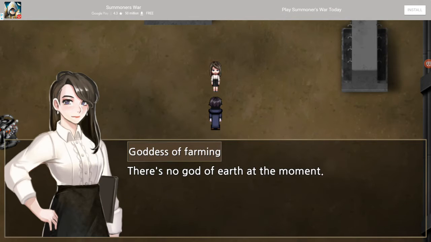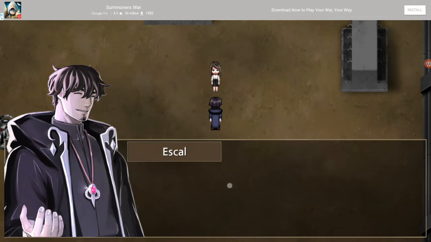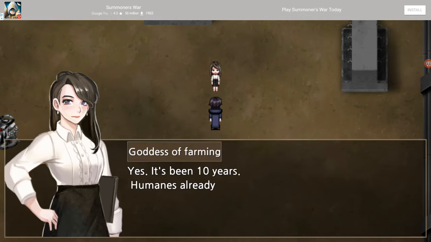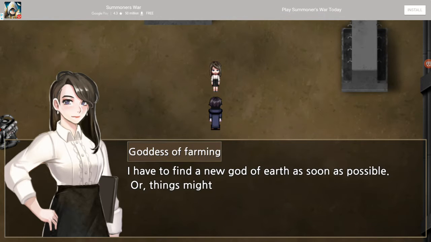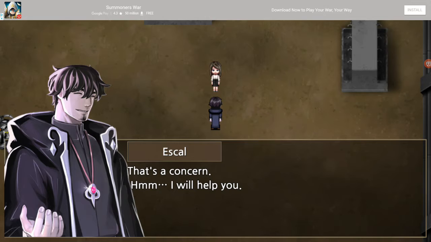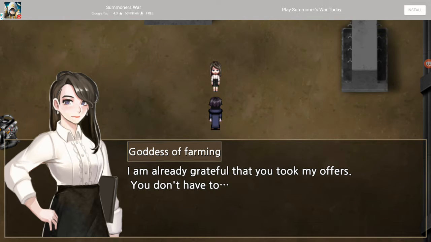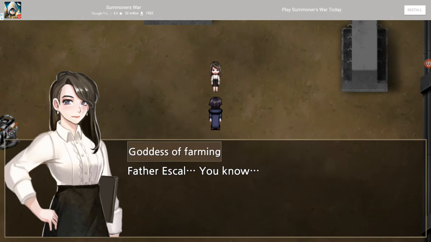Huh? What about the god of earth? There's no god of earth at the moment. What do you mean by that? What happened? He was insolent and irresponsible. He got fired, and thanks to him, other gods have to work overtime, but it's not enough. That's why we needed your help. Is that why more evil spirits have appeared lately? In the center of your district, I mean? Yes, it's been 10 years. Humans already got affected by evil energies, and the situation is out of control. I have to find a new god of earth as soon as possible, or things might get worse. That's a concern. I will help you. You, Father Escal? Yes. I am already grateful that you took my offer. You don't have to... No, it's okay. We have to help each other. Thank you. My pleasure. Father Escal, you know...